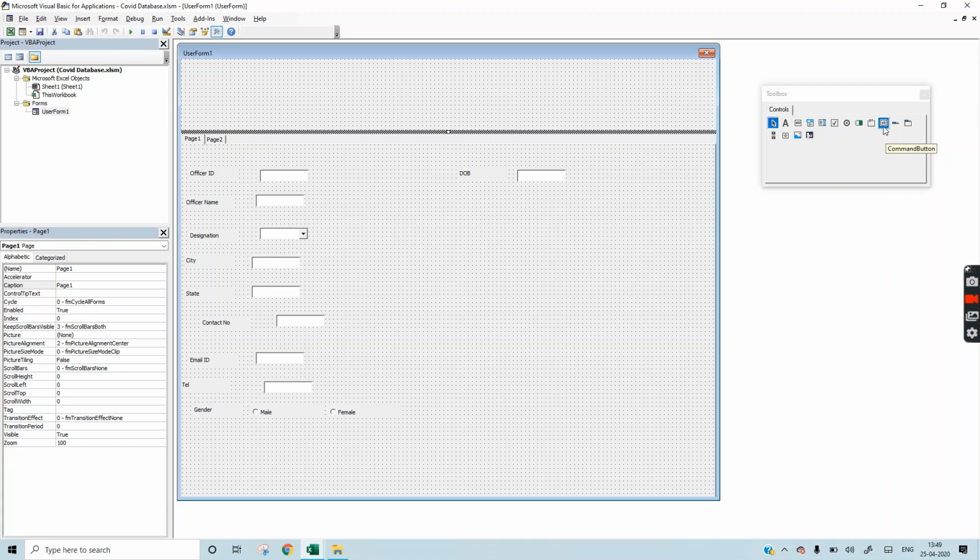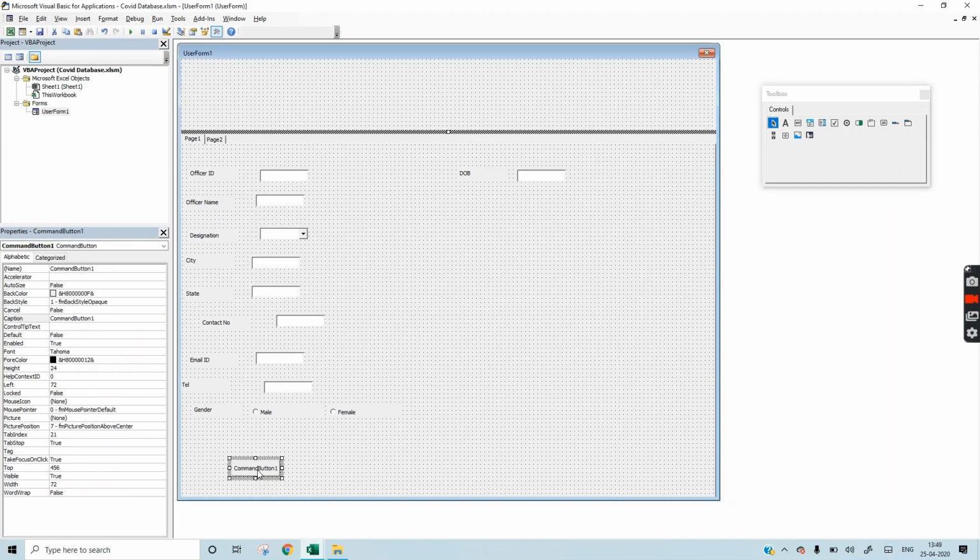These are buttons. For every set of actions, we need to press this command. So we will need 5 commands here.